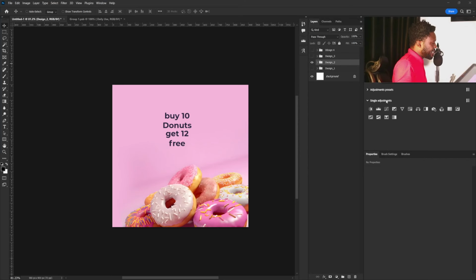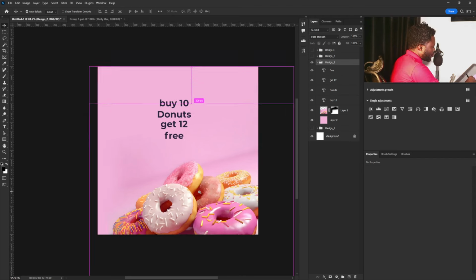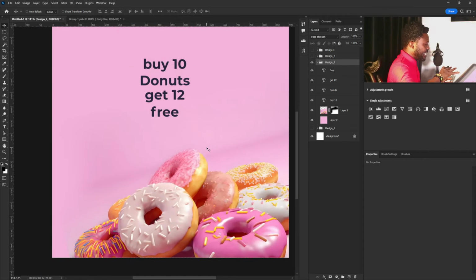So this is the second project, and here I'm going to be showing you guys how to pick type. Your visual, the illustration you're using on your project, is what really determines the type of type you're going to use on the project. And that's similar to what I did on the first project that I just showed you guys. So here, if you look at the donuts we have here, you'll notice they have this round look. And if I'm going to pick any type now, the type I'm going to use should have